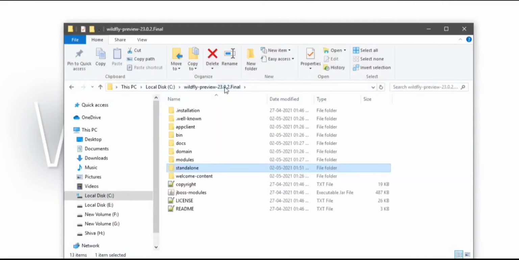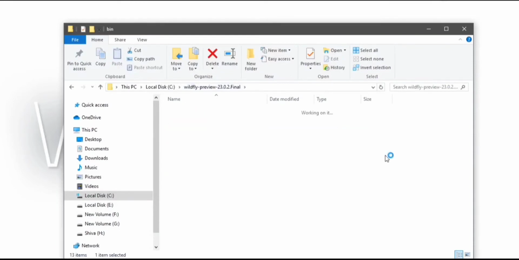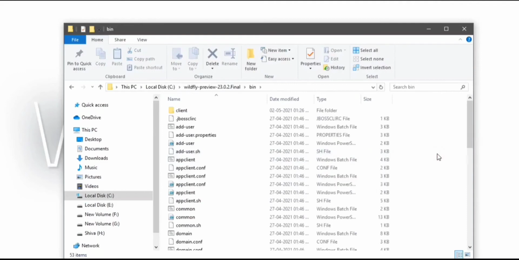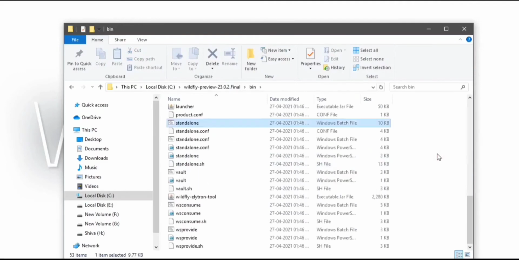We changed our port because if you have an Oracle database, then by default Oracle will listen to the 8080 port. Now let us open our bin folder and start our server. In there you are going to see a standalone batch file. Now double click on this.